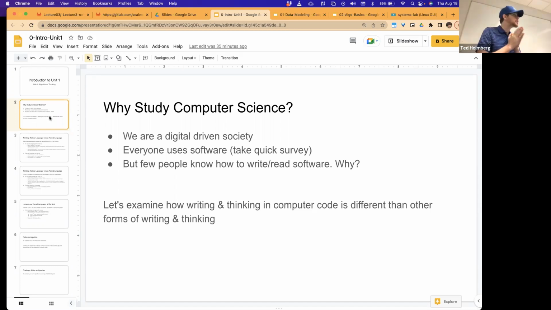And so that should be the motivating factor. It's like you use this all the time. You should know how it gets created. You should know how it gets authored. You should be literate in software, if for no other reason. If you decide not for it to be your career, you should at least know how the things you use on a daily basis actually work under the hood. So that's going to be my claim as a motivation for why we should pursue learning how to develop code,